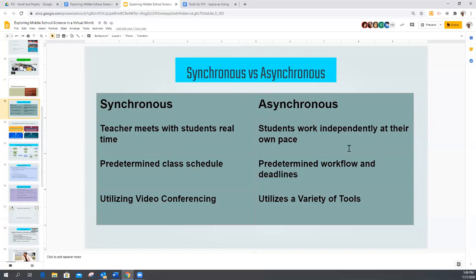Then asynchronous would be those times when students are working independently and at their own pace. There probably are deadlines of when something needs to be submitted or done, and then there's the use of a variety of different types of tools, right? So we need to make sure we understand these words because these are the words that are being thrown out.